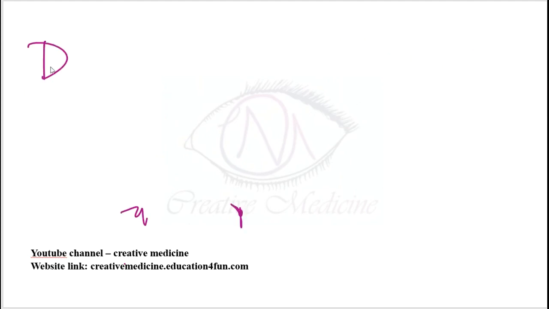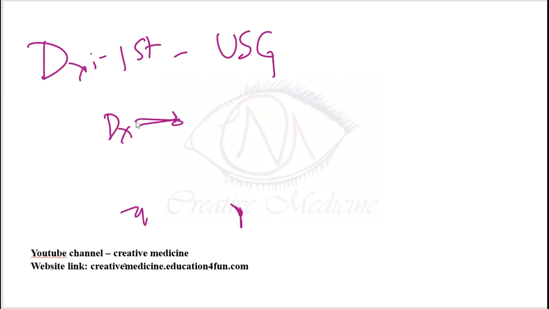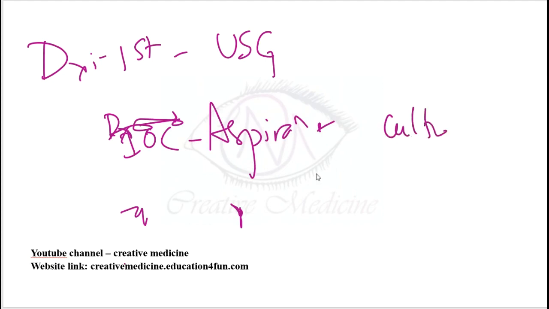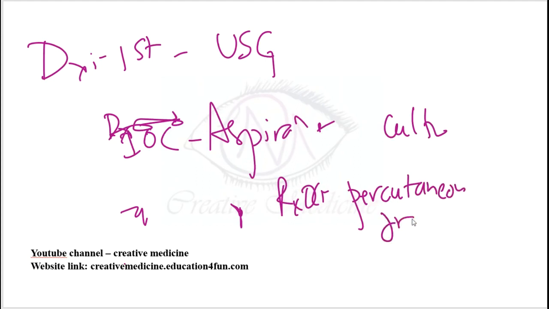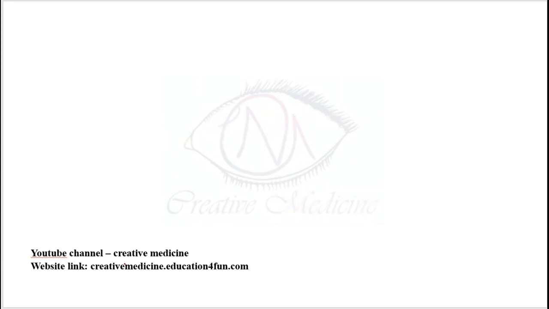Then how are you going to diagnose them? The first investigation that is done in pyogenic liver abscess is ultrasonography. Ultrasonography will help in diagnosis. Then if you were asked what is the investigation of choice, you should do aspiration and culture. Then what is the treatment of choice? Percutaneous drainage should be done, plus you should also give the patient systemic antibiotics. So this is about the pyogenic liver abscess.